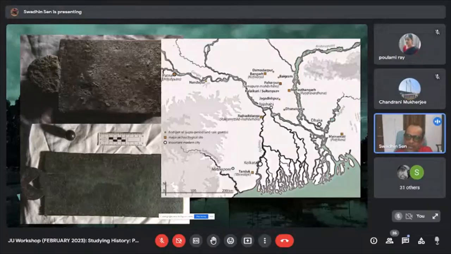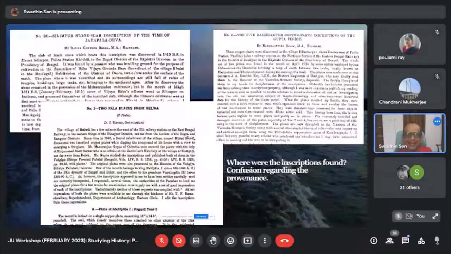For example, we have already written about the discrepancies regarding the Gupta period settlements in the Bogura region. This map has been taken from one of our friends' papers, Arlo Griffith's paper, where the find spots of most of the Gupta period inscriptions have been located. And for example, if I refer to the Damodarpur one or Paharpur one, then we have to first read about